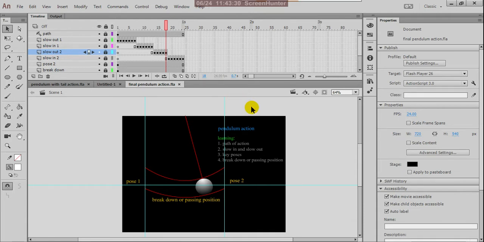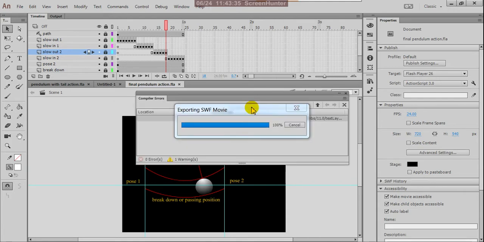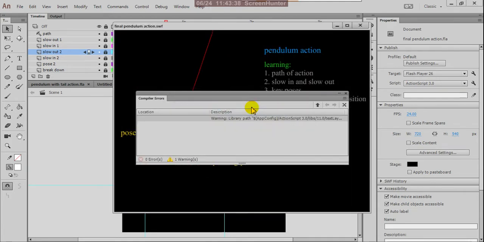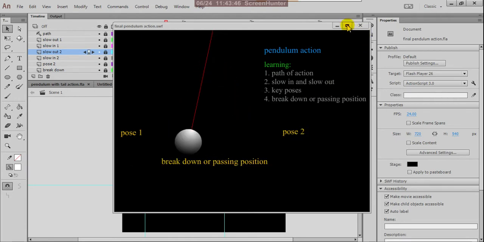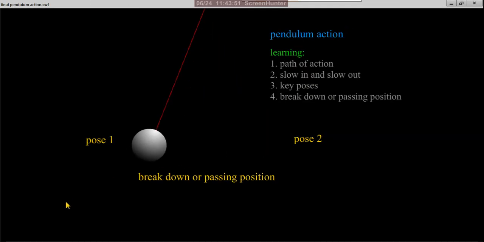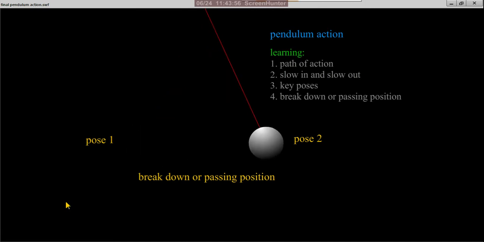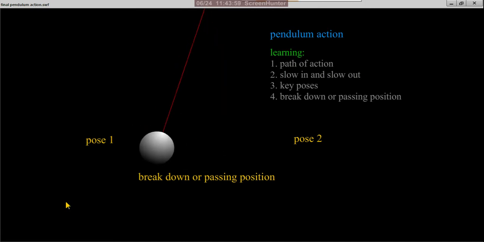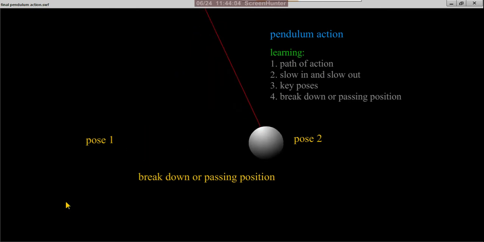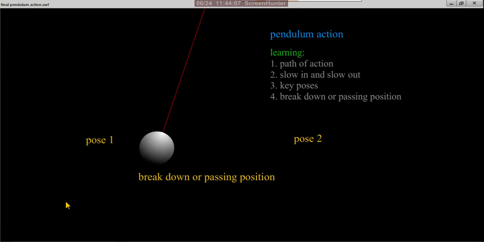So by pressing Control Enter, yes, check this. This is a normal wall clock pendulum. Okay, so it swings left to right, right to left continuously. Okay, so this is normal pendulum